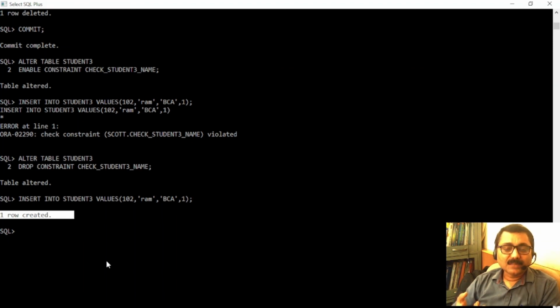You have tested how to disable, how you have tested whether a constraint is disabled or not. Then you tried to enable, have enabled it, and finally you have dropped it, and you have also tested whether the constraint is dropped or not by placing a record which violates the rule of the constraint.